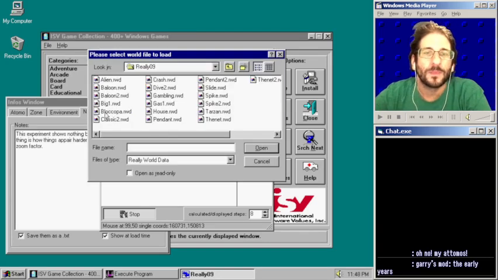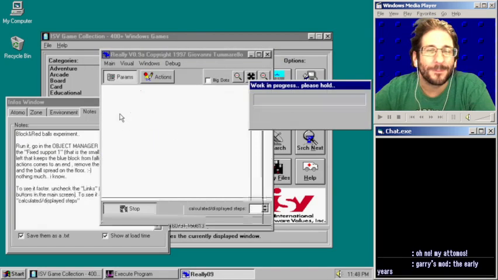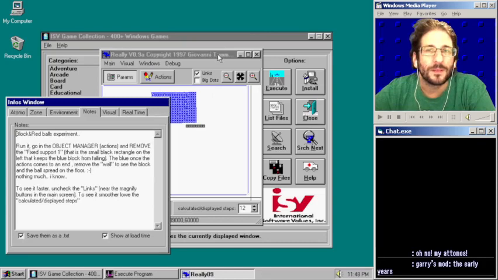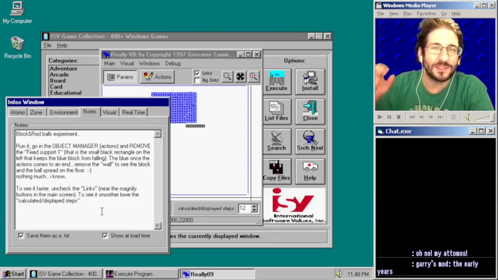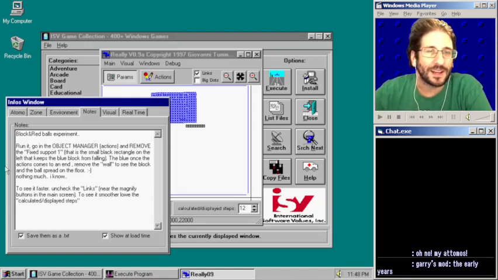Okay. Blockopa. Okay. Block and red balls experiment. Run it, go to the Object Manager, Actions, and remove the Fixed Support 1. That is the small black rectangle on the left that keeps the blue blocks from falling. Once the actions comes to an end, remove the wall to see the block and the ball spread